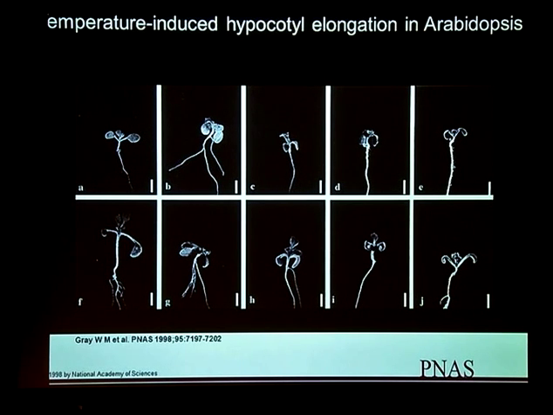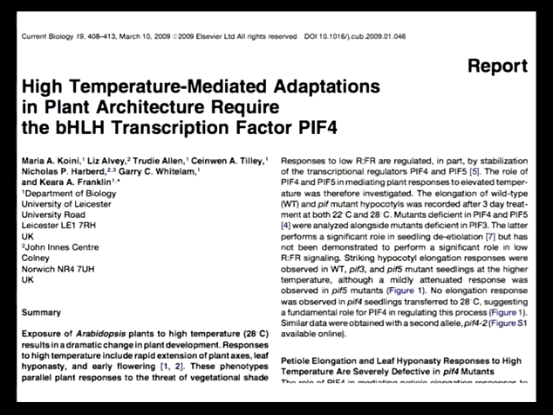And so this is simply due to temperature. And if you compromise auxin signaling in these plants, so if you use mutants in, say, the AXL1 mutant, you can completely prevent this elongation of the hypocotyl. So this temperature-driven hypocotyl elongation is absolutely auxin-dependent. Okay? And then about 10 years later, Kerry Franklin had a beautiful paper in Current Biology where she showed that